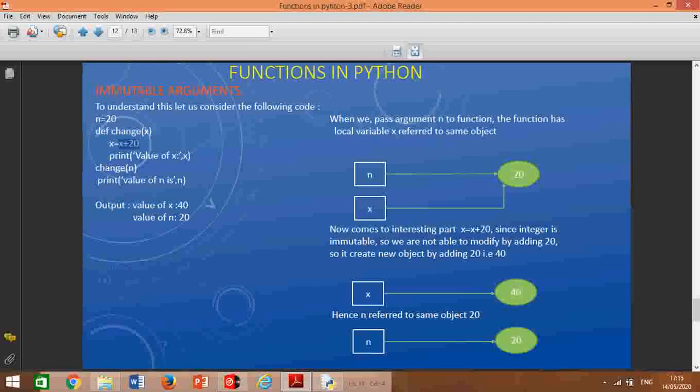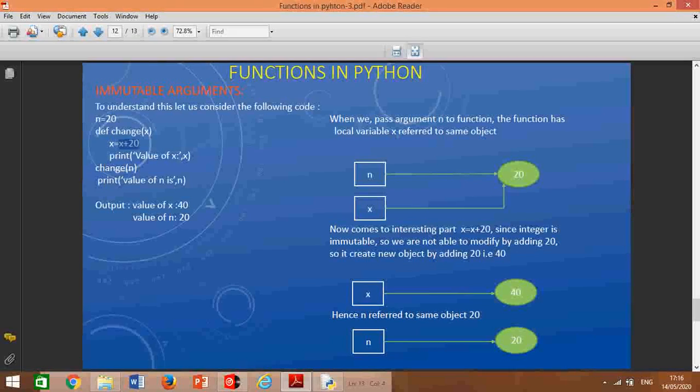Okay, now see the diagram here. When we pass an argument to a function, the function has a local variable x referring to the same object. Now comes the interesting part, x equal to x plus 20. Since an integer is immutable, we are not able to modify it by adding 20.